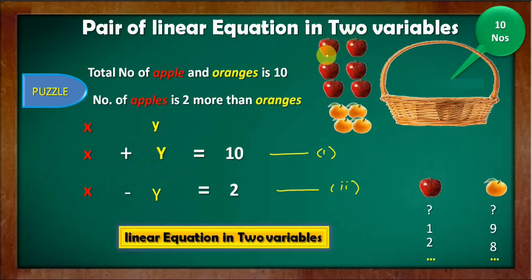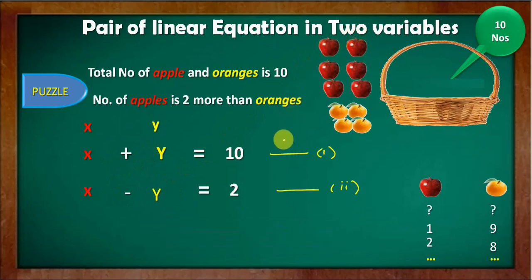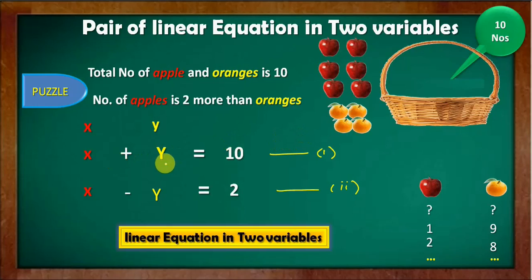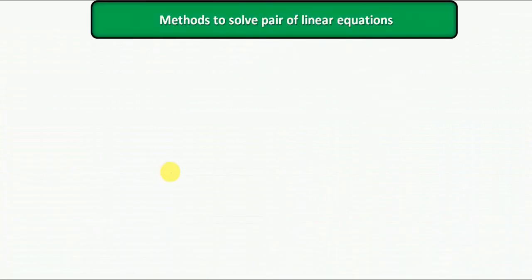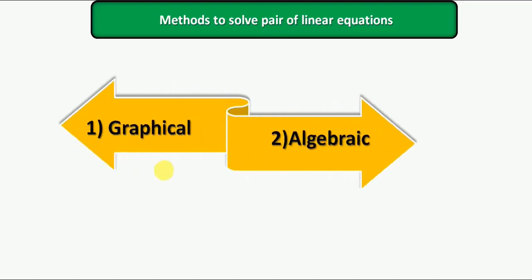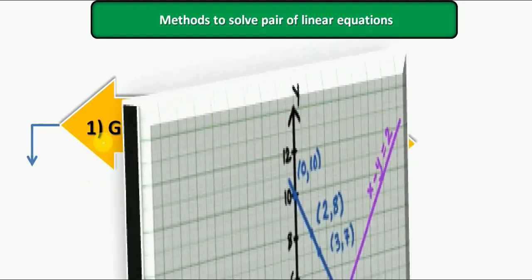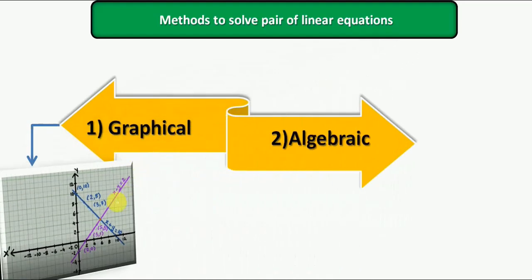So in this chapter you'll get problems like this. So there will be applications wherein we will have to replace those terms with x and y, and write it in this algebraic form, and solve it. Now to solve it, there are two methods or two approaches. The first one is the graphical approach and the second one is the algebraic approach. So using graphical, how do we get the answer? We just plot the two equations, and if you see here, my x is 6 and y is 4.